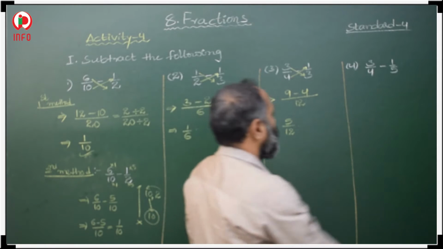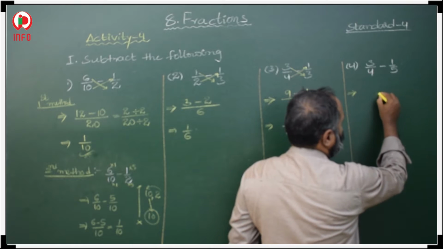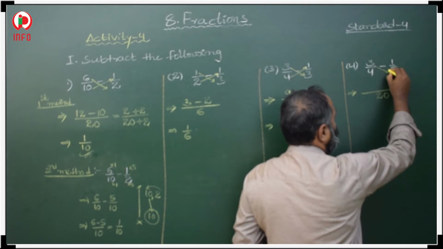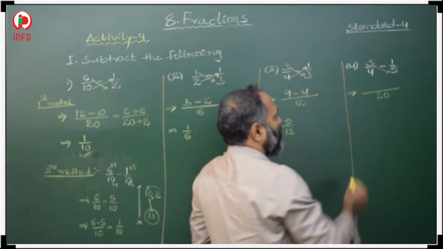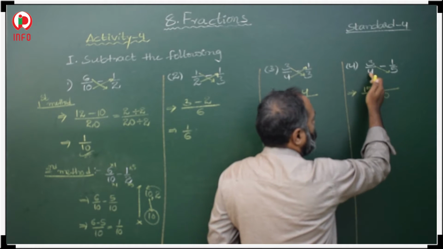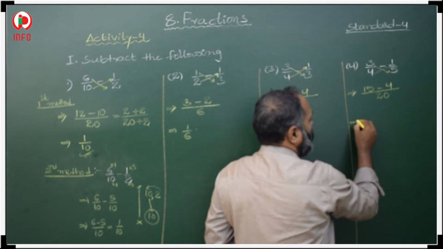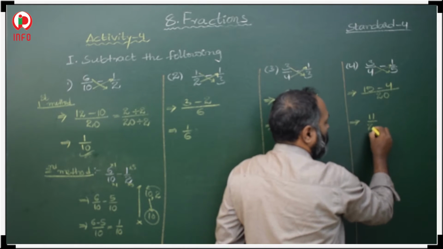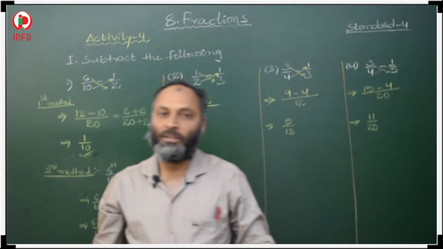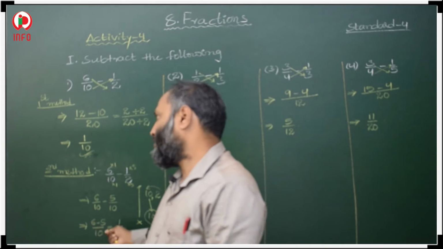Okay. Now here also we have to multiply the denominators: 4 5s are 20. After that, the first fraction numerator with the second fraction denominator: 3 5s are 15, then minus the first fraction denominator with the second fraction numerator: 4 1s are 4. 15 minus 4 is 11. 11 by 20. It is in simplified form and a proper fraction, and this is the answer. So this is the method to do subtraction. Here we have two methods, and any one method we can follow.